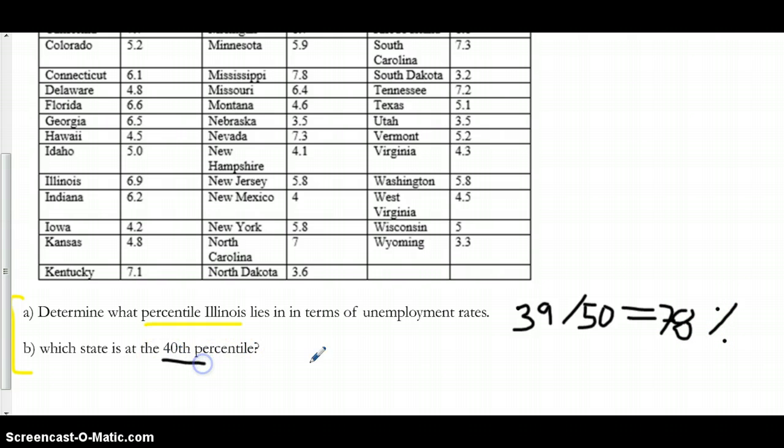Which state is in the 40th percentile? So I'm just going to do the work I just did sort of backwards. I'm going to take my percentage of 50. So 40% of 50 will tell me how many states need to lie below the state we're looking for, the unemployment rate we're looking for. So there will be 20 states below. So I'm looking in my data table for the 21st